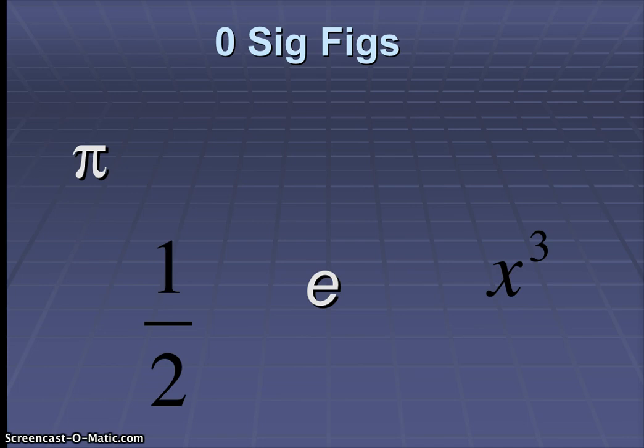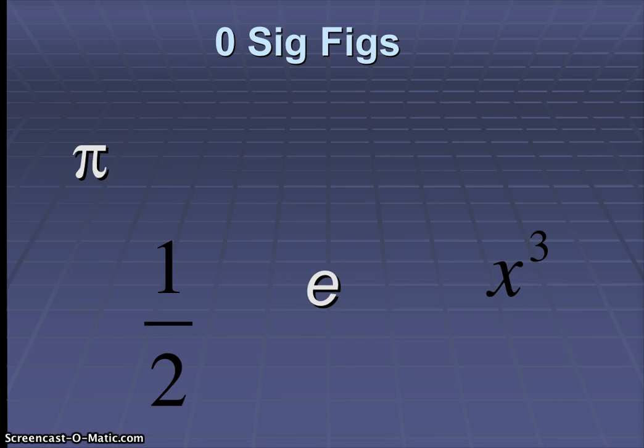Here's an example of sets of things that are just numbers. Pi is a number. It's a transcendental number. It can be as exact as the number of decimal places you have on your calculator. 1/2 is a number. You take it and you break it in half. You break it into two equal pieces, and that is that. E is a number. It's not 2.718. It is, as before, however many decimal places you have room with.